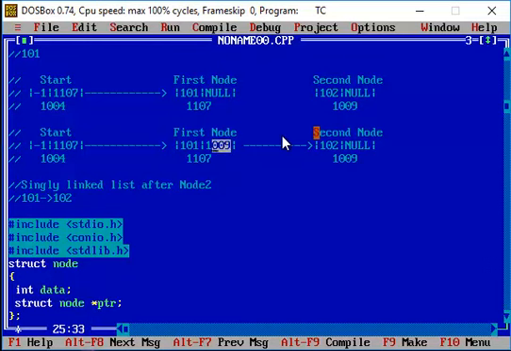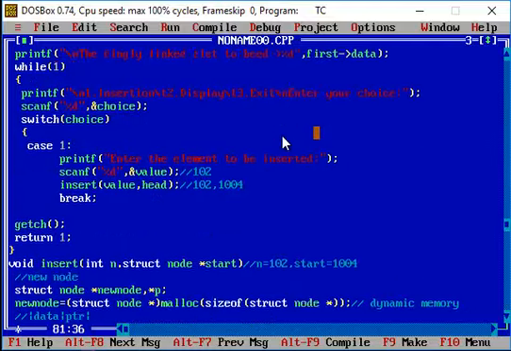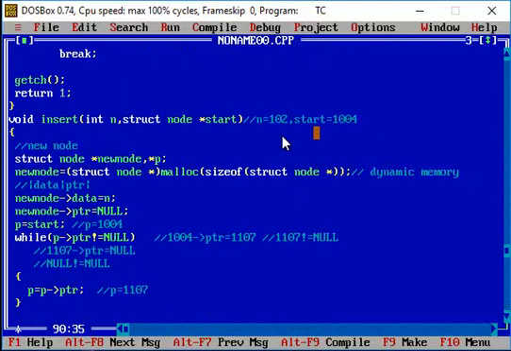Now the null value is present in this particular expression p of ptr. So basically now the p value has become null. After the statement has been executed in your while loop, your p value becomes null.